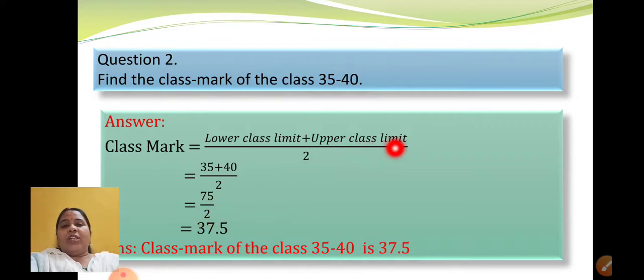Okay, so nothing new I am telling you in this. It is as easy as: write the formula, substitute the values and get the answer. Any class interval given to you, you can find the class mark by simply adding the upper and lower limit and dividing it by 2. So this is a method. Okay, let me change the number. You should be able to do it if you remember the formula. So write this and let us move to the next question. I hope you are understanding it.